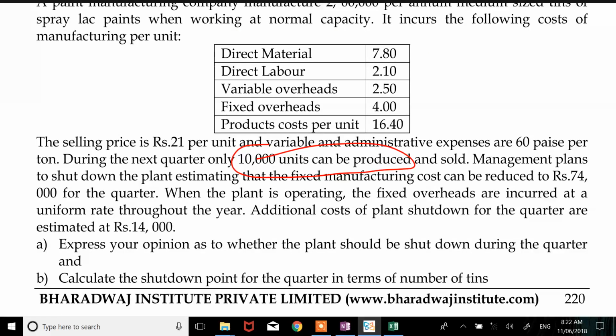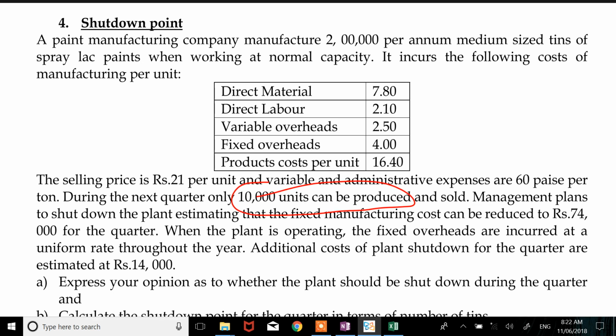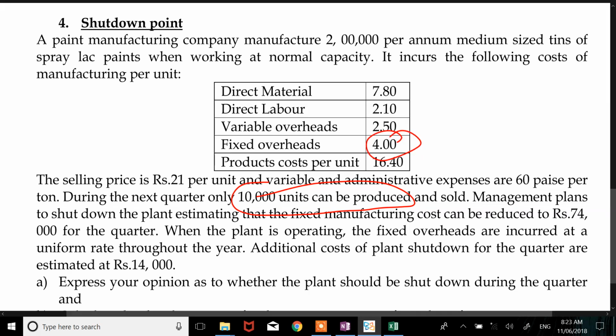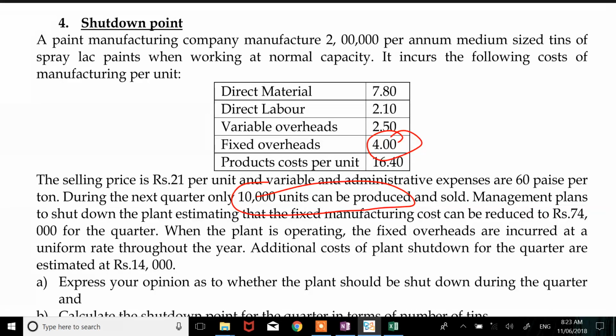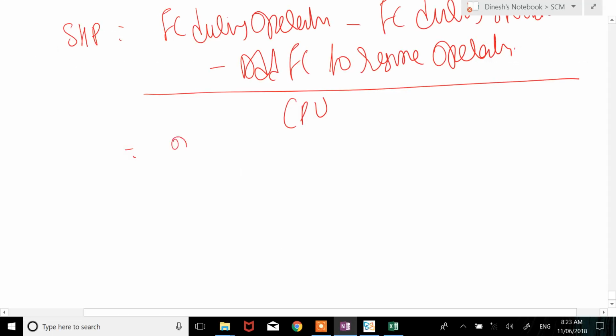What's the fixed cost during operation? Read it properly and let me know. It's not 8 lakhs, it's 2 lakhs. We are doing the calculation for a quarter. 2 lakh units into 4 rupees divided by 4. We are doing the calculation for a single quarter now. So this is 2 lakhs